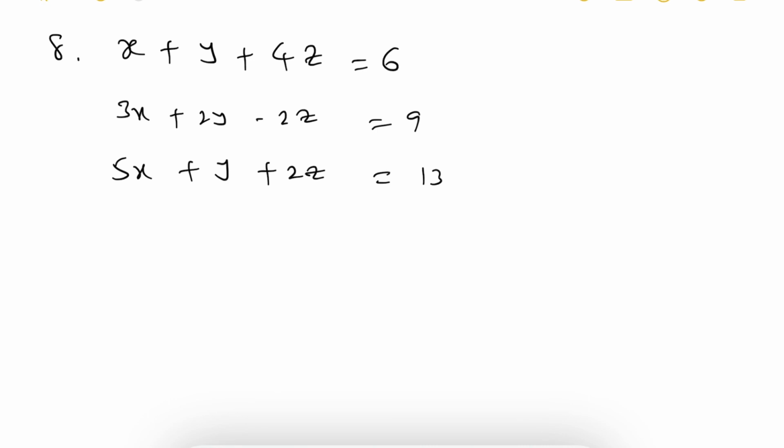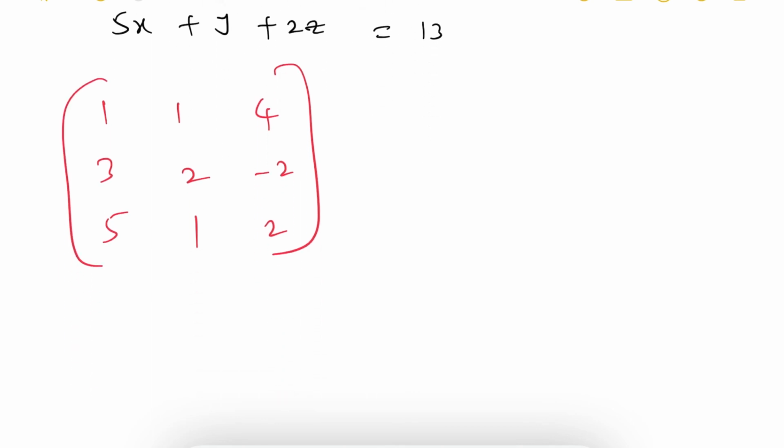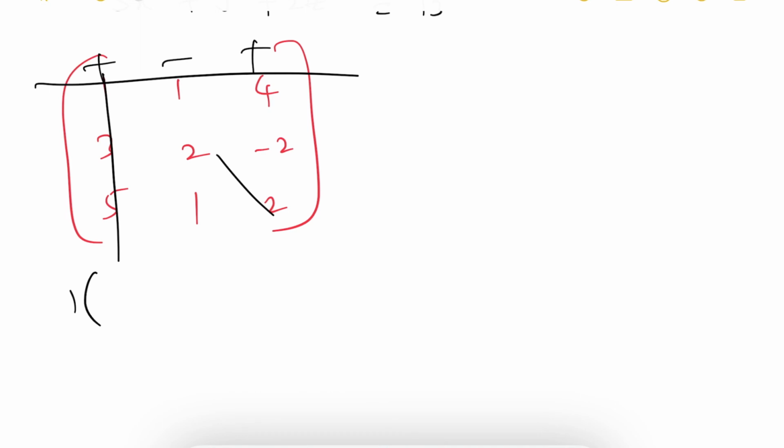So now first let us write the matrix A: X coefficient, Y coefficient, Z coefficient for each of the three equations. Now let us find the rank for this. For that I will go with the determinant. This will become plus, minus, plus. So 1 into, if you remove this column and row, 2 2s are 4 minus 1 2s are 2. It's already minus, so it will become plus then.